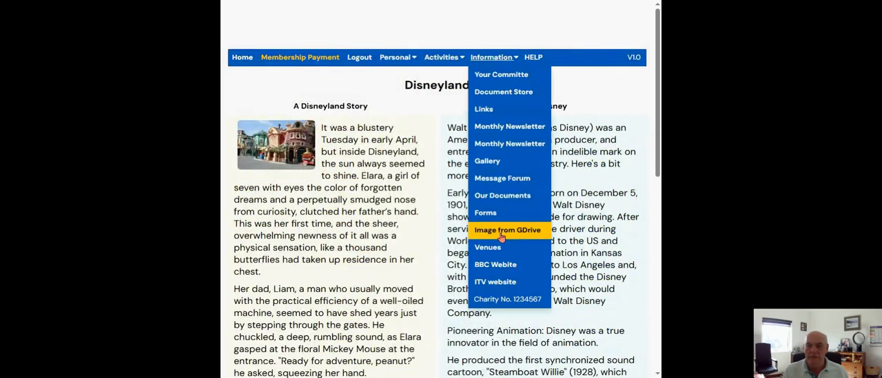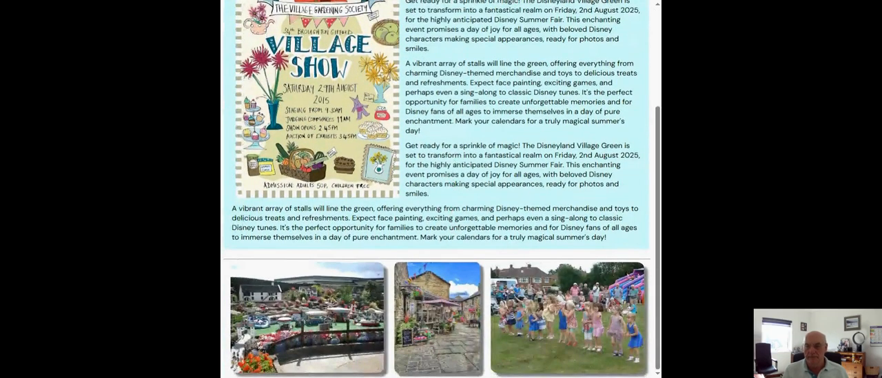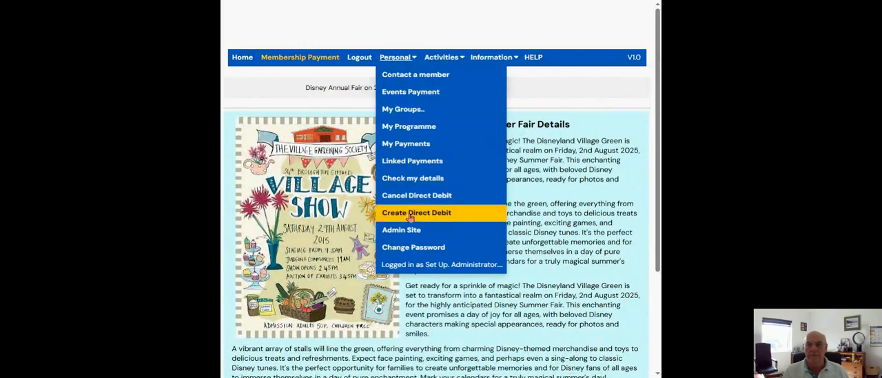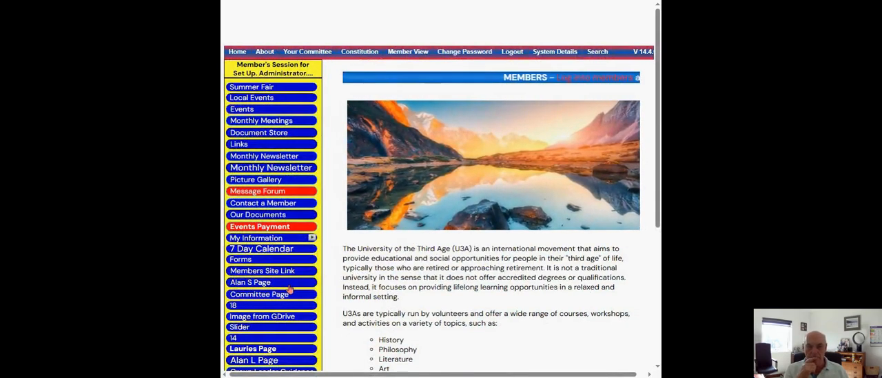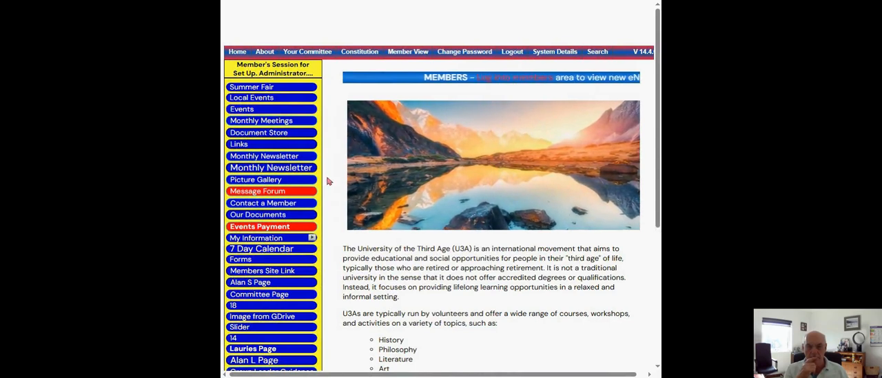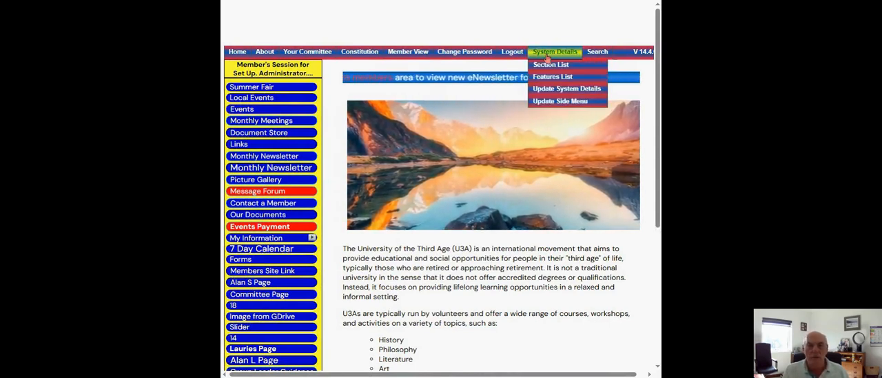Information, image from G Drive. How would you change the text of images from G Drive? You do that because that's what was done. Right, I'll go back and I think that's how it was set up in we go to